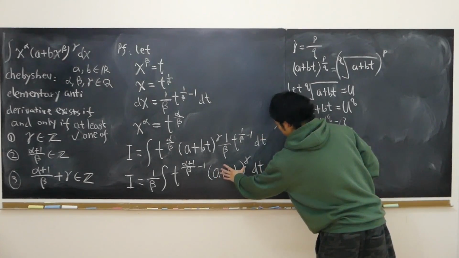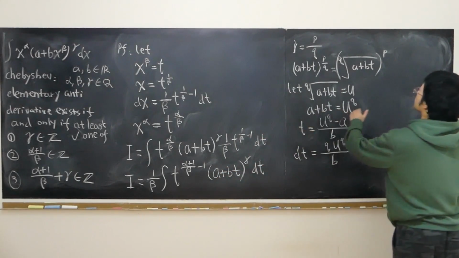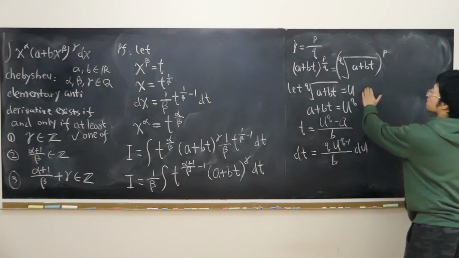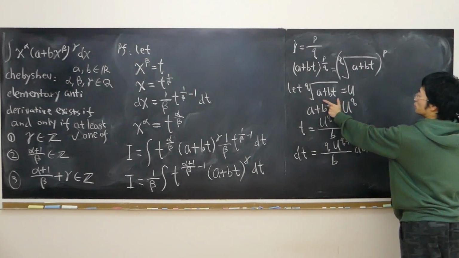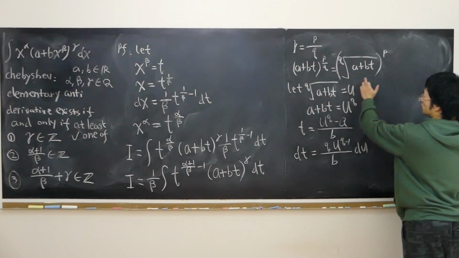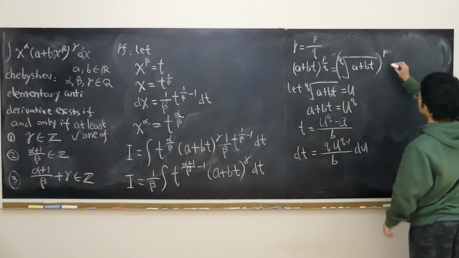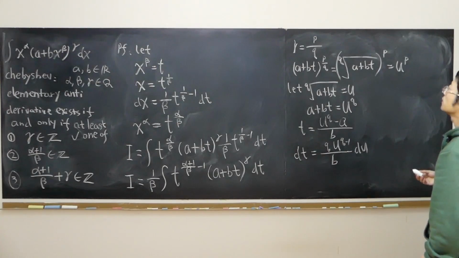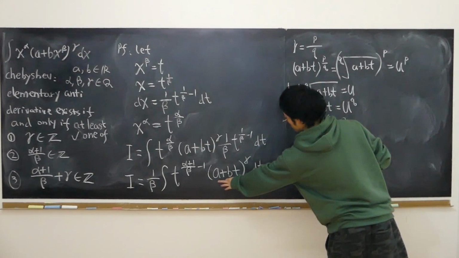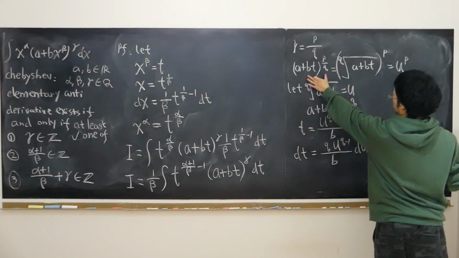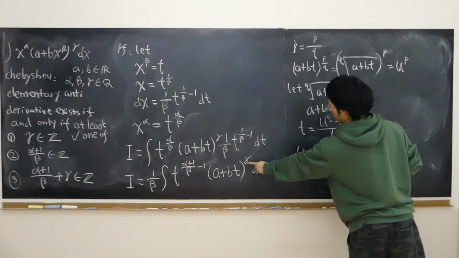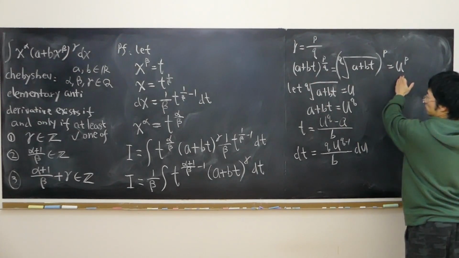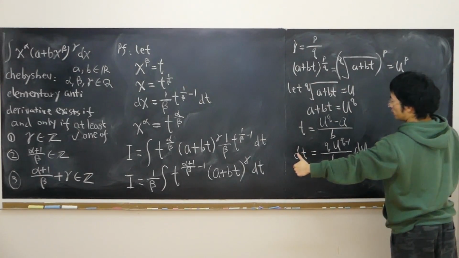Let's look at this term. What is it equal to? The qth root of a plus bt is equal to u. And this is u to the power of p. So that's u to the power of p, actually. And so that means, like I said, this quantity is just this quantity, because we assume gamma is now a rational, p over q, right? Integer over integer. So this is u to the p. So now my integral is equal to